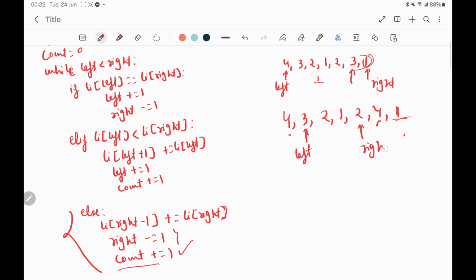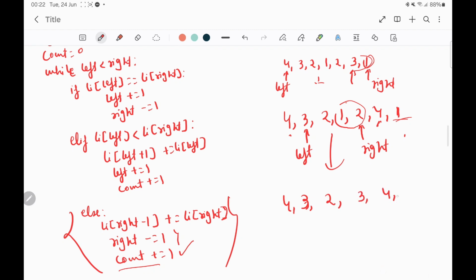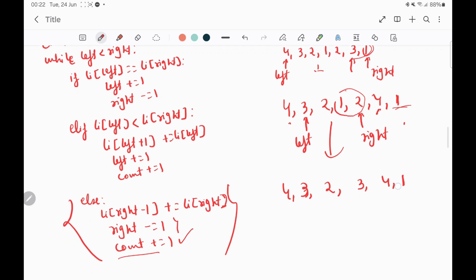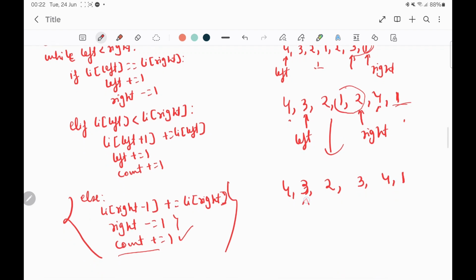Okay, again here we noticed that my right part is smaller than the left one, right? So again we are in this condition. What we are going to do, we are going to increment the value of right minus 1 and we are merging these two values. Okay, so after that my array will look like 4 3 4 3 2 3 4 1. Okay, and my left is here,